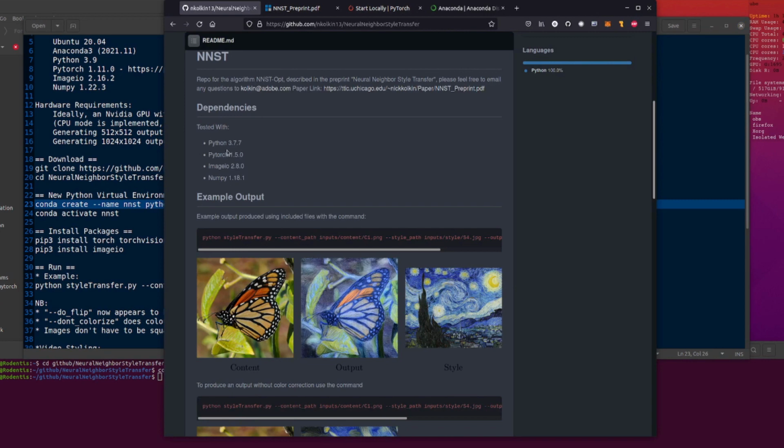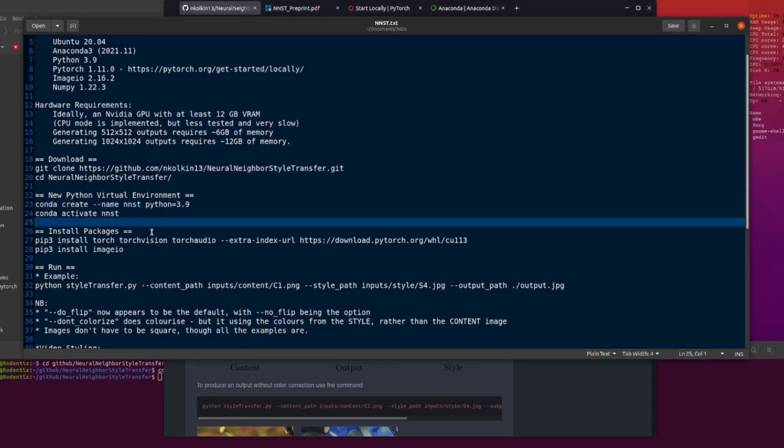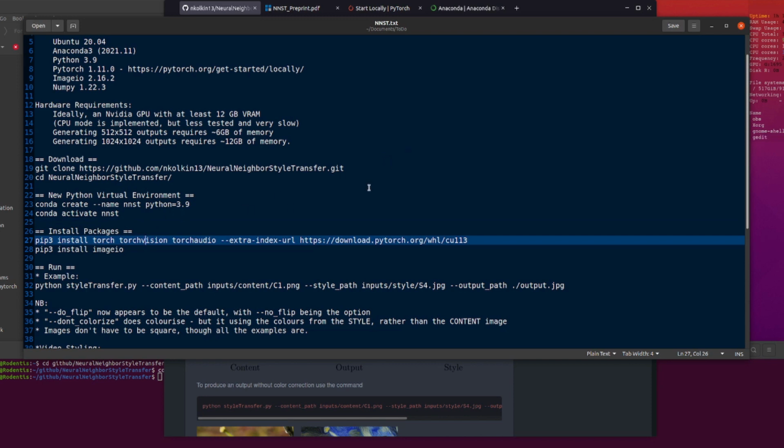I think that's like the lowest numbers you can possibly get away with. Anyway, so there we go. There's my pip3 install package from the PyTorch website, and I also install image I/O, and that's it. You're done then. You've got all the requirements. It's literally just PyTorch and image I/O, and NumPy and all that stuff gets installed as dependencies anyway. So yeah,